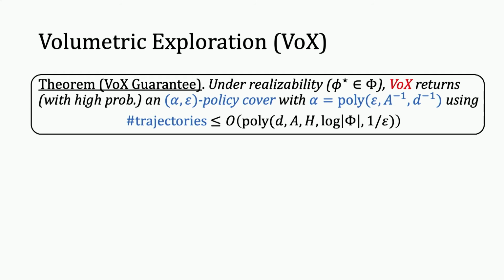This means that it's relatively efficient. Of course, one can always try to bring down the exponents in this polynomial, but this is a first step and the first result of this form on learning efficiently in this model. So the key features: it's computationally efficient. It's model-free. It does not need to actually model that coefficient mu star on the h+1. It's reward-free, and there are no additional structural assumptions.